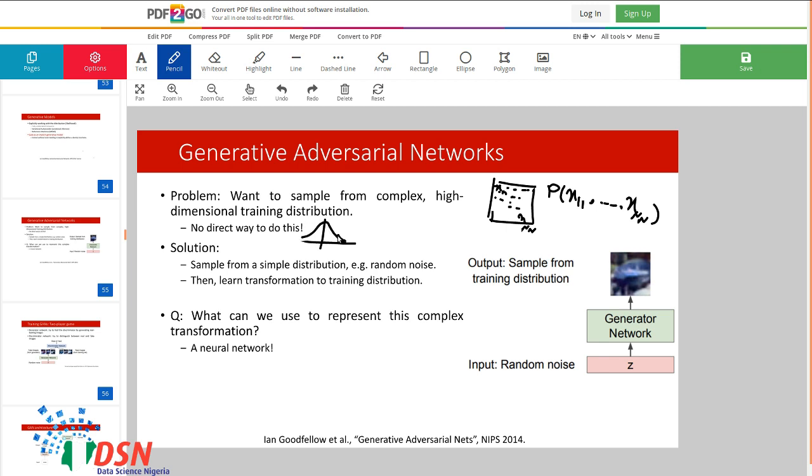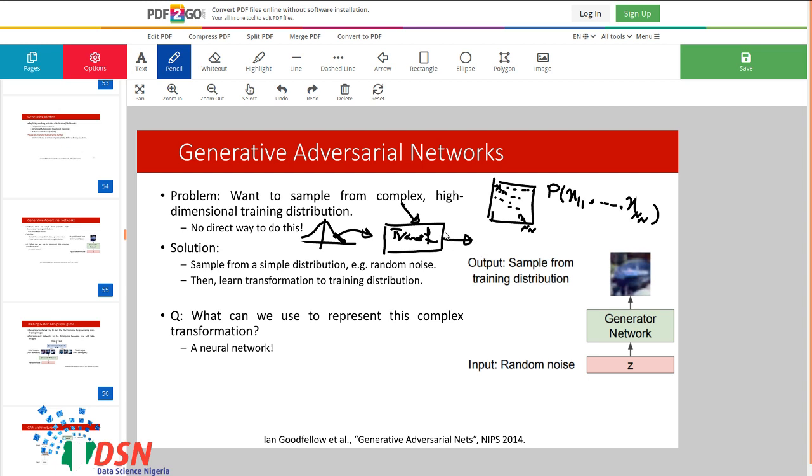So we sample from this distribution, then we try to apply a transformation to generate this distribution. We sample from a simple distribution, but by a complex transformation we try to convert that into a complex distribution.